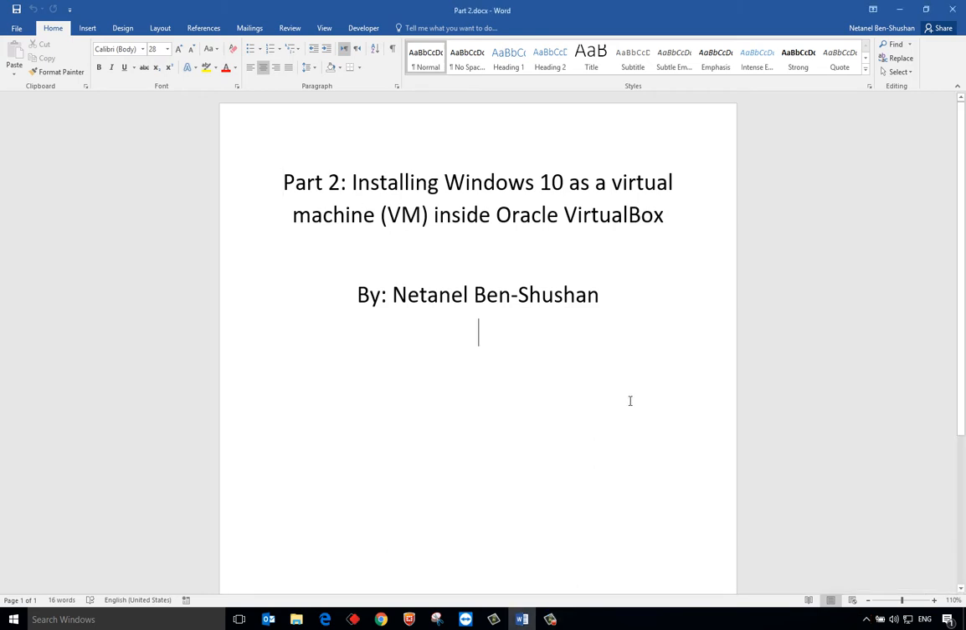There are two ways that you can install Windows 10 as a VM on top of Oracle VirtualBox or any other platform, as I mentioned earlier, such as VMware Workstation or Hyper-V or other platforms. The first option is to use an existing ISO image of Windows 10 that you acquired already, such as downloading from MSDN, downloading from the Microsoft Partner Network